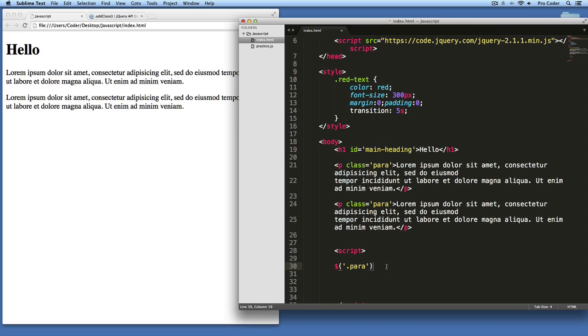Now, let's say we want to add a class to these elements that have para. With JavaScript, again, that's pretty verbose. We would have to do something like this. You'd have to say, let's store these elements inside of a variable, we'll just call it paragraphs, and then we'd have to do our document.getElementsByClassName. And then from there, we would have to go on and say, now let's take those paragraphs,